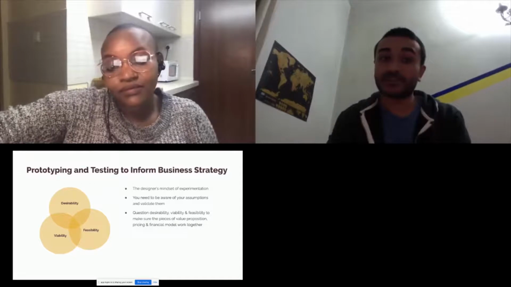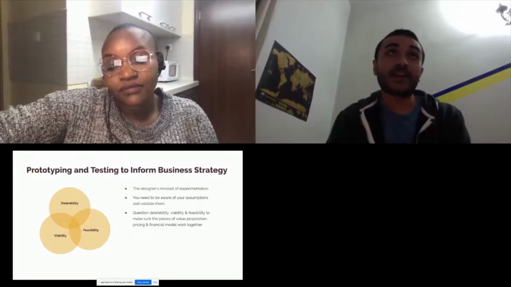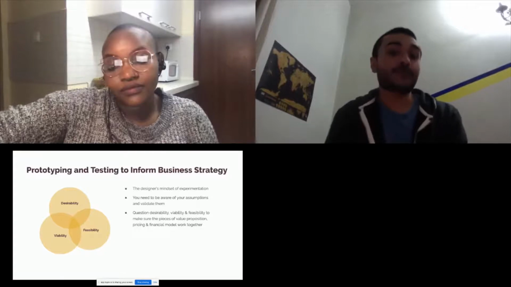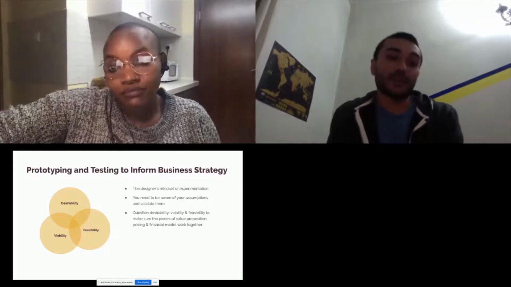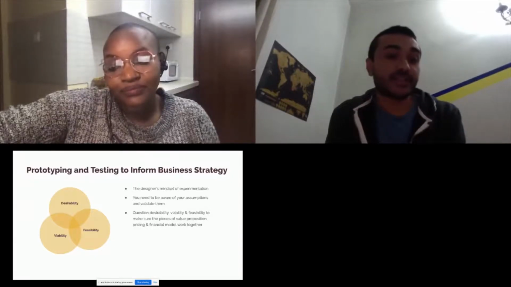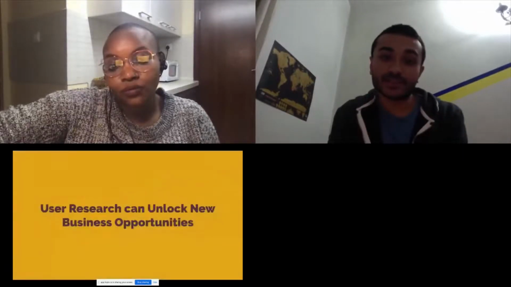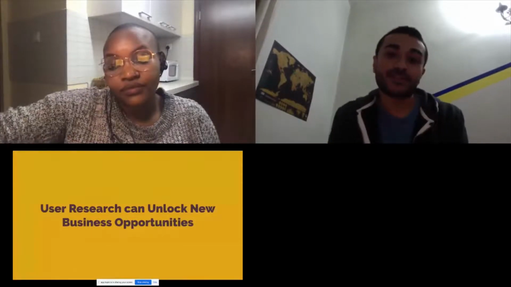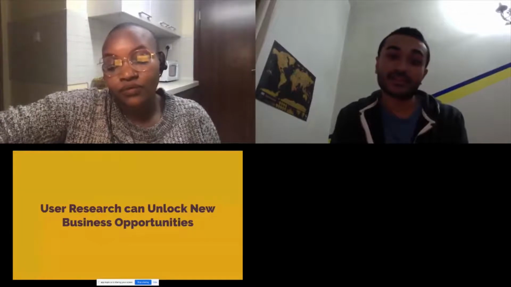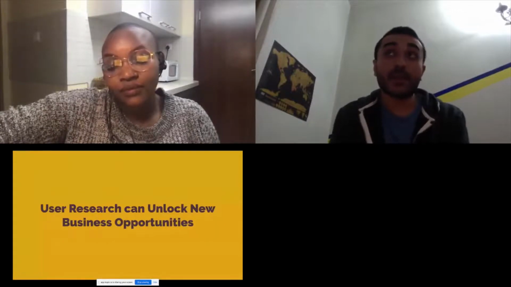And this points to the desirability of a product, which is the value proposition. Do people like what you have to offer? The viability, which is, is it cost effective? Are people willing to pay the price that you want? The feasibility, which is, can it scale? Do you have the right tech to do it? And there's different ways you can do it. You can prototype with a business model canvas. You can do these lemonade stand prototypes where you go out into the public and try to communicate your value proposition and just talk to people.